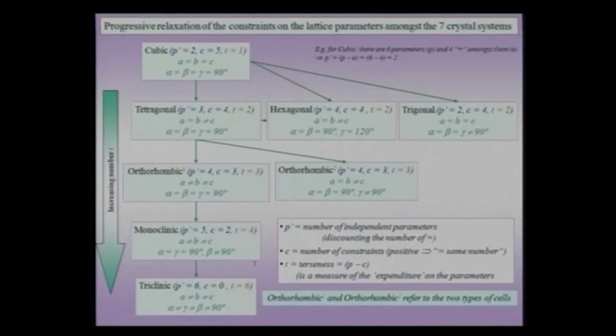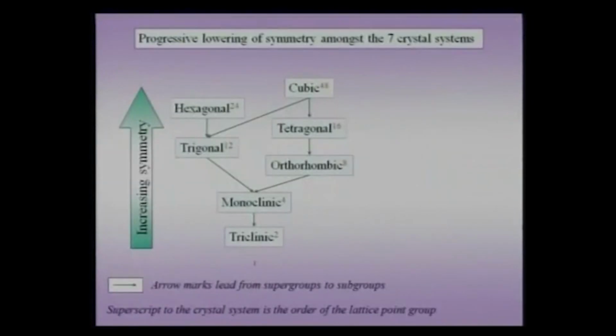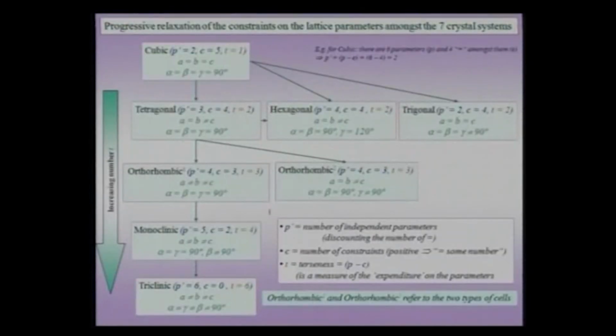Now, what this table does for you is that when we looked at the previous table, we saw that there is a cubic, tetragonal, orthorhombic, monoclinic, triclinic hierarchy, and that was based on symmetry. Now, based on our choice of unit cell, we have a different hierarchy here. From the cubic, we can have the next level, which is the tetragonal, hexagonal and the trigonal. The next level would be orthorhombic, then the monoclinic, then the triclinic. As you go down this